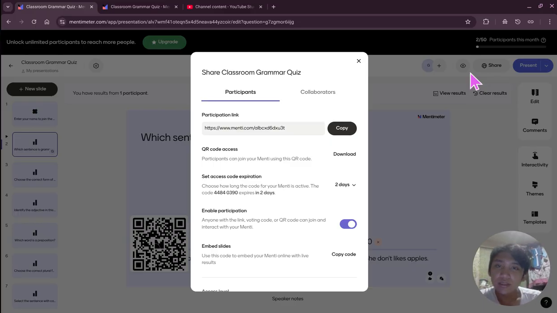You can also use this as a map finder app, where students can just pinpoint something on images with access through this Mentimeter.